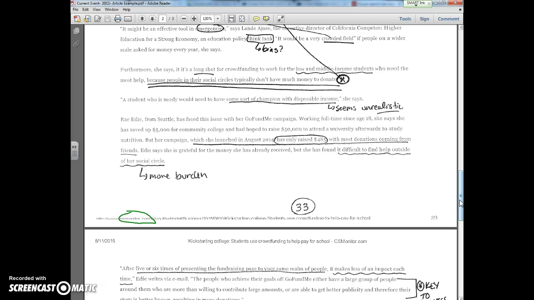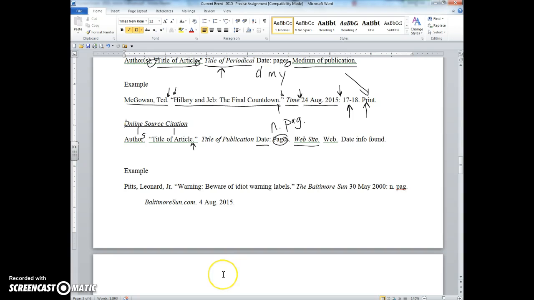So that's how it's a little bit different for websites. It's just a website. It's not the full URL. Then you write web because that's the medium. There is no other medium, and if it's an online source, it is a web source. And then you'd say what date you printed it off, what date you found it.